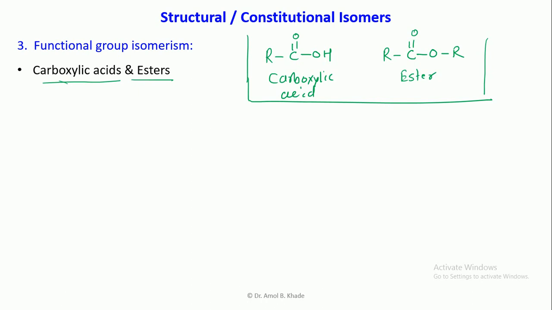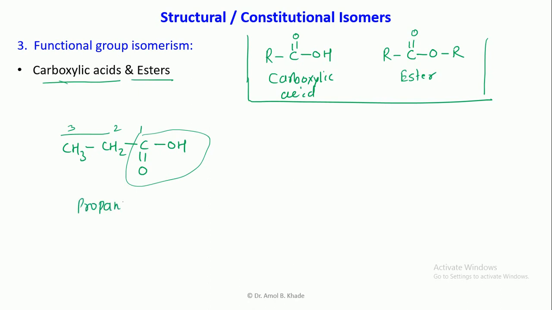So we'll take an example here. I will draw the structure. You can predict the name of this compound: CH3, CH2, C=O and OH. Is it an acid or an ester? You can see the functionality. This will become R, so this is a carboxylic acid. Count the number of carbons: 1, 2 and 3. So it is propane, and a carboxylic acid has a suffix of oic acid. So it is propanoic acid.